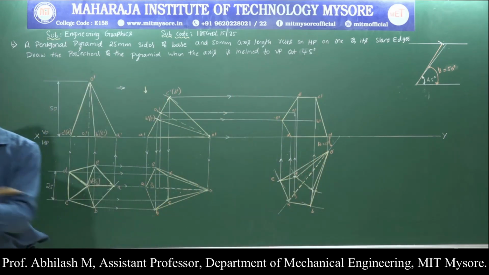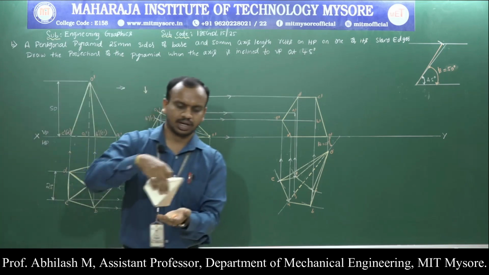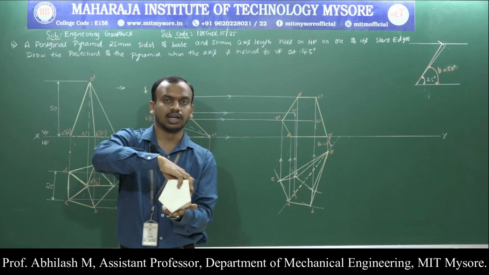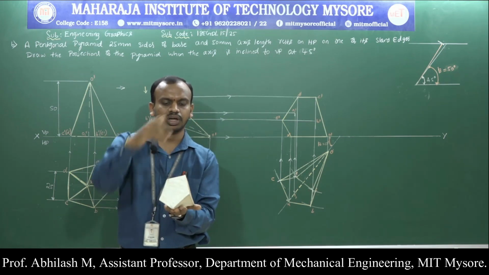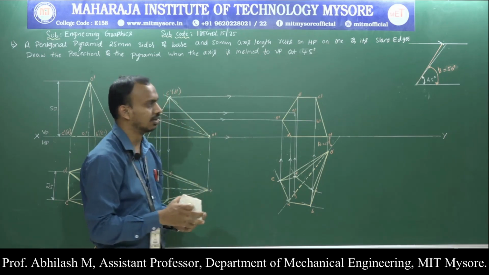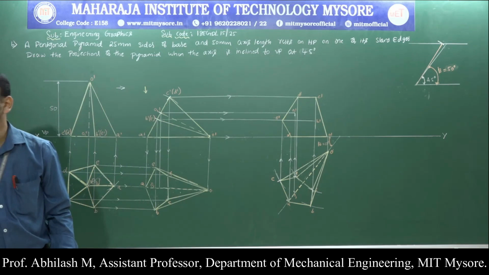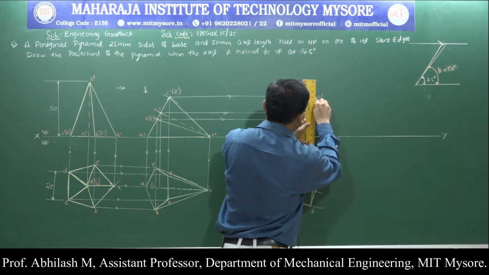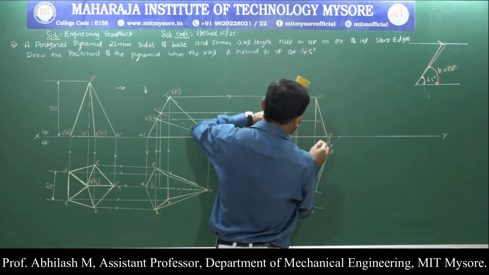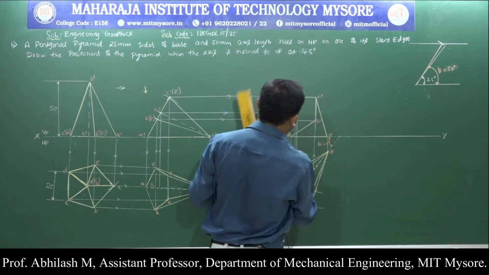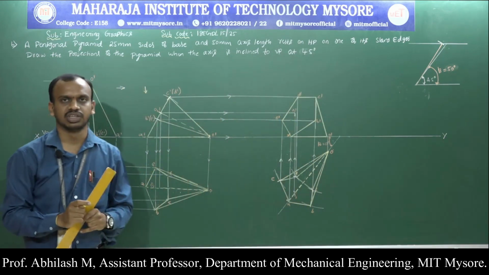The other condition is such that I have placed my pentagonal pyramid initially here, with the slant edge resting, now for the inclination of 50 degrees, and from the observer's view, he can clearly see the complete base. So we are supposed to connect all the base. So from C dash to B dash it is completely visible. Similarly from B dash to A dash also it is completely visible, and C dash to A dash also completely visible.